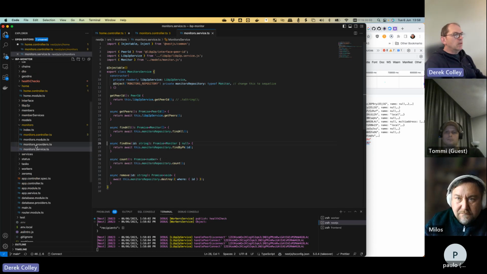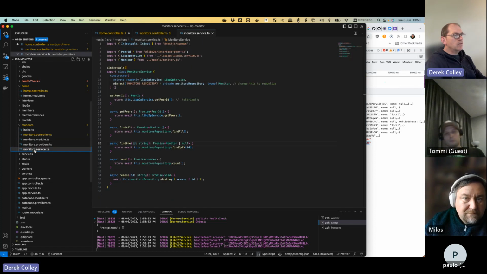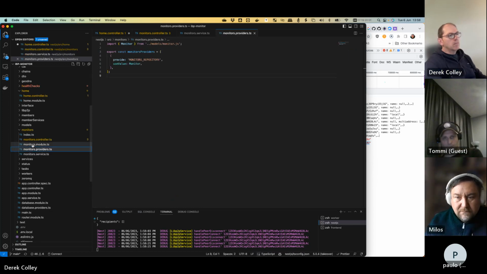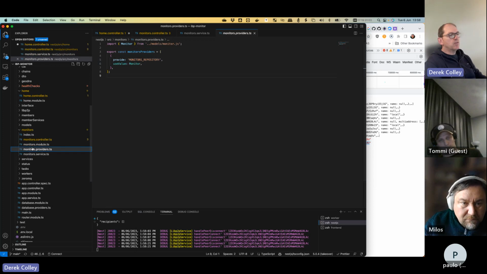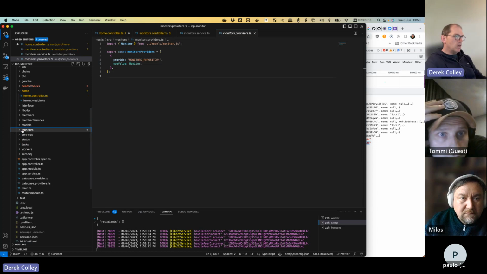So yeah, where were we now? So that's the monitor's controller. Straightforward. The monitor's service is the application layer. And then there's some boilerplate stuff like the monitor's provider. If another module wants to use, for example, the monitors repository, which is a pattern I'm not using anymore. I'm using Sequelize, so this is a lot less relevant. The same goes for